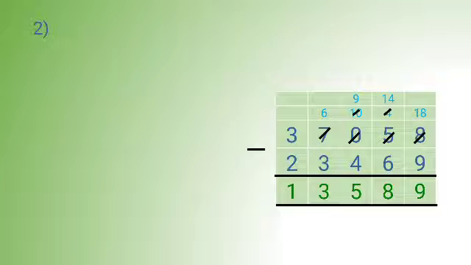Similarly, after giving one to the earlier one, 5 turns to 4. Now 4 is again smaller than 6. Again he will borrow and becomes 14. So 14 minus 6 is 8. The same procedure goes for all the place values, and here is the answer. Look at this example. Minus sign and underline sign.